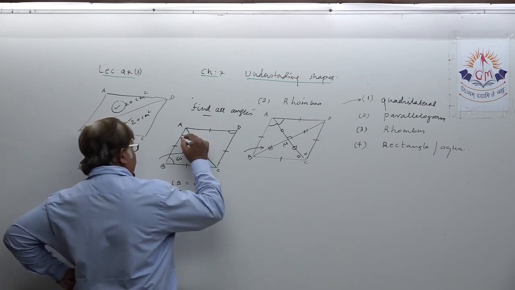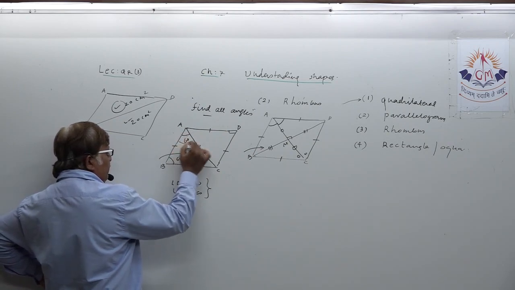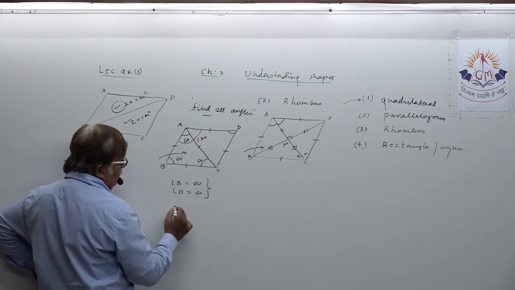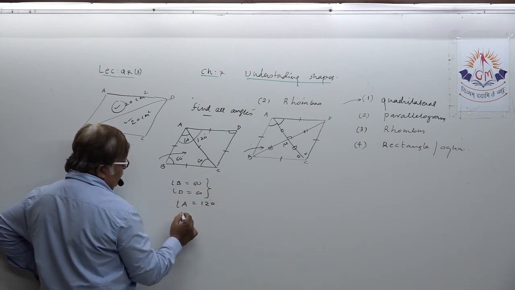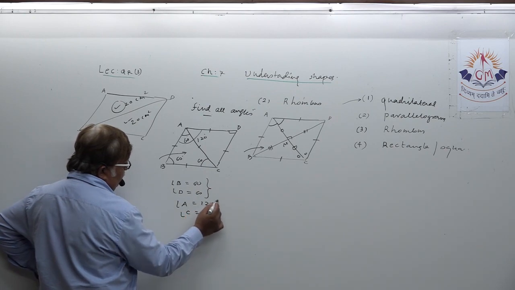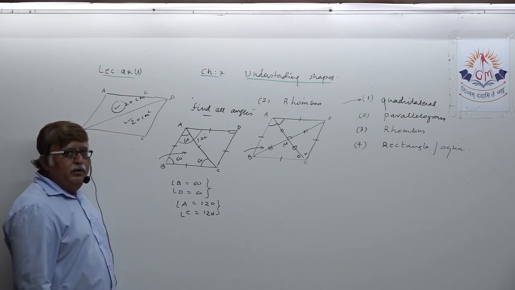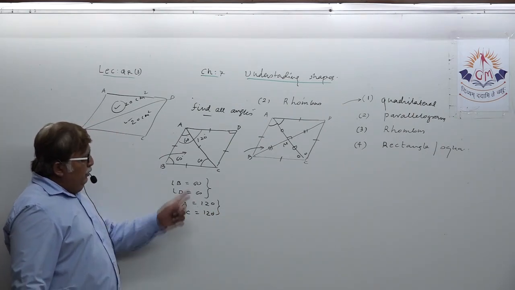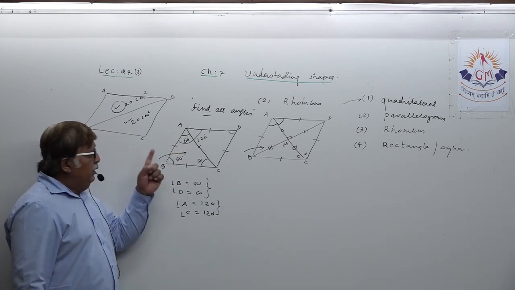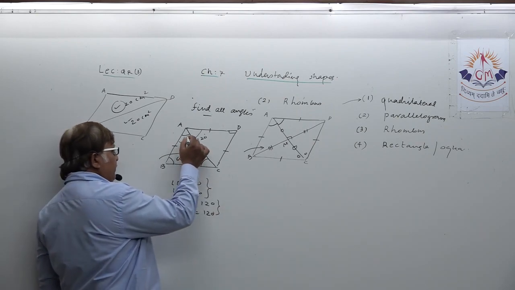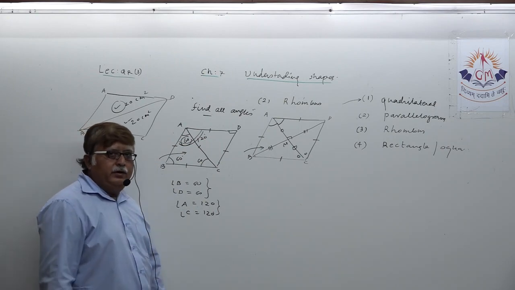Now dear student, remember this: a diagonal bisects the opposite angle. This is 60, so what is the complete angle? 120. So angle A equals 120. Now when A equals 120, C also equals 120. One such example we have already done in our regular lecture, where you utilize this property of a rhombus, that the diagonal bisects the opposite angle. That's why this was 60 and it was doubled and A became 120 degrees. Understood?